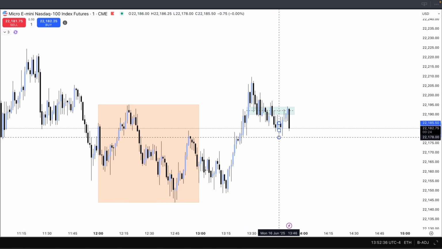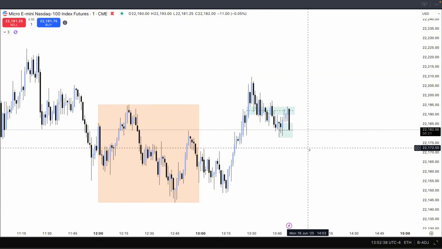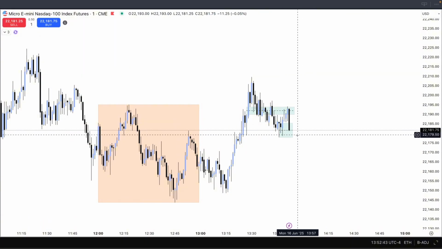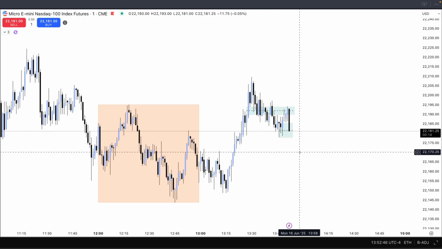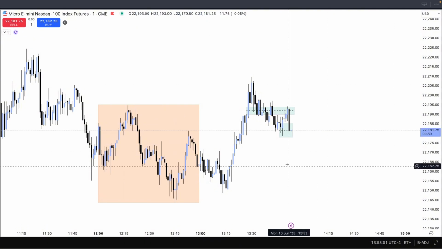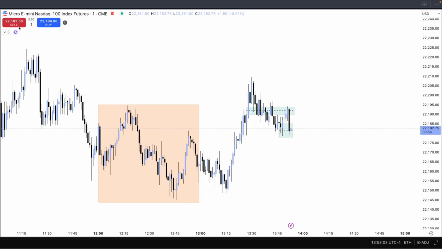Now I'm keying in on this wick, which is a swing low, and I'm really watching 50% or consequent encroachment of that wick, which is that dashed line inside of that box. You see how price is tapping it right now? I want to see price close below that dashed line. If it wicks like that and the body stays above it, there's no entry for me. If it closes below it, that's a signal that it's probably breaking lower.